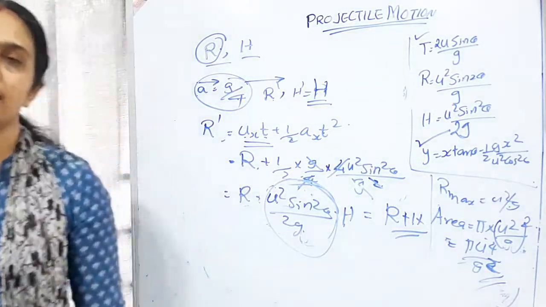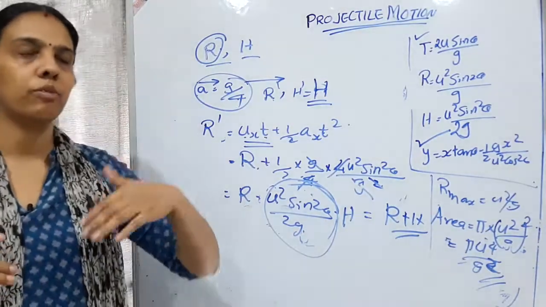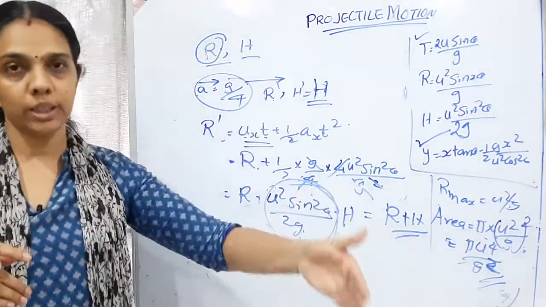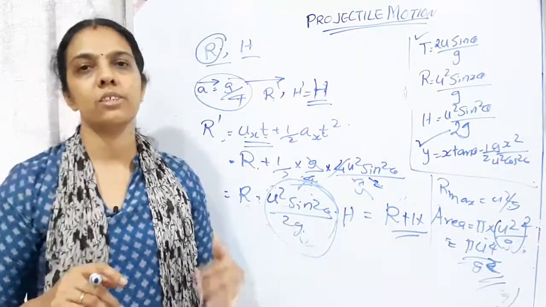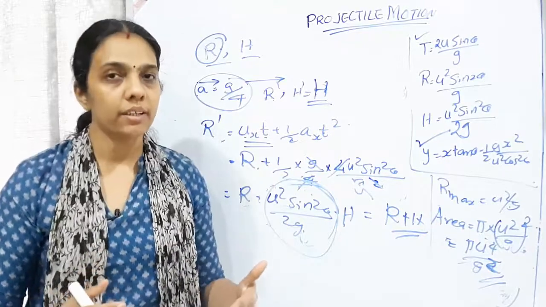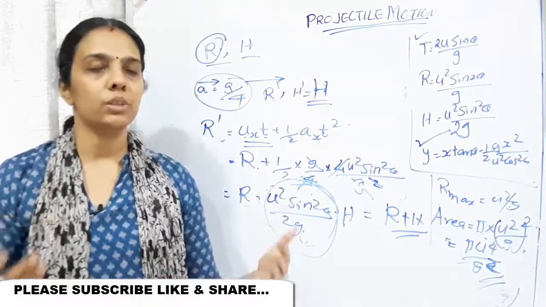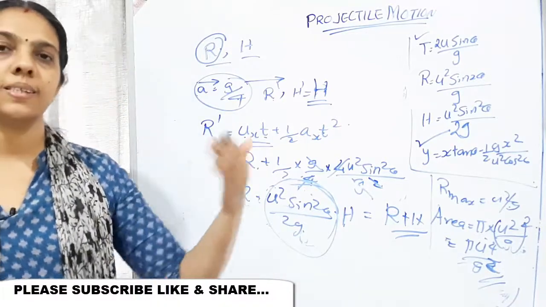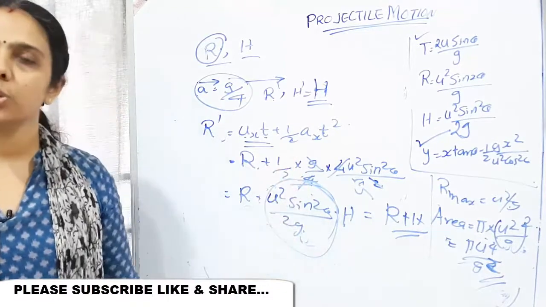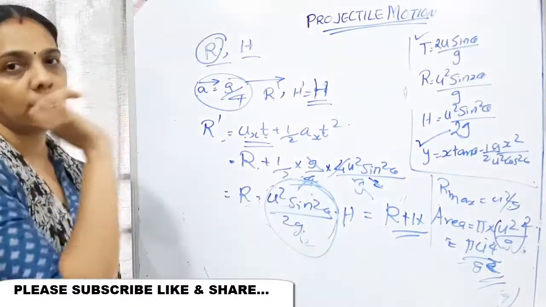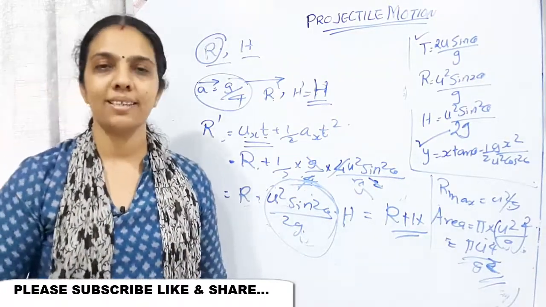So children, you can try this question. First you should find the time required for the projectile to fall on the cart. For that, 80 meters is the distance covered by the cart and the velocity of the cart is given, so distance travelled divided by velocity will give you the time. After that, using the formula V equals U plus AT, since the final velocity becomes 0 by that time, and initially the projectile is moving in the upward direction, don't forget to take acceleration as minus 10.